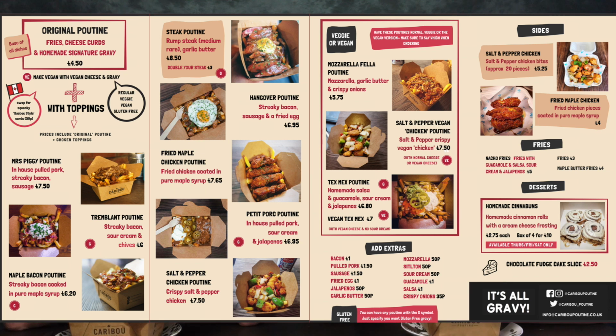Salt and pepper chicken. There's loads of different toppings. There's loads more than when they first opened, when we first went. The salt and pepper chicken's new. They do cinnamon buns as well, which are new,